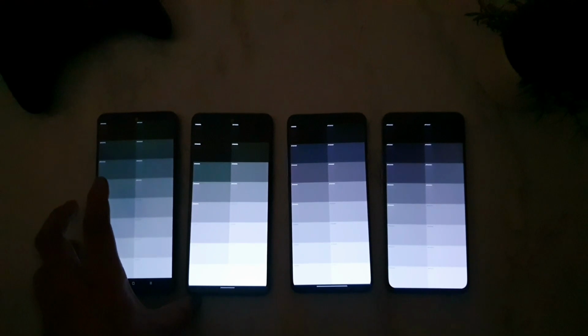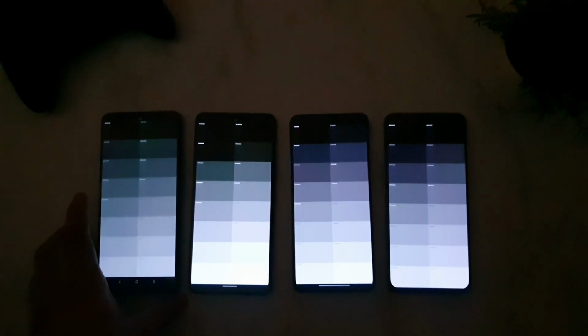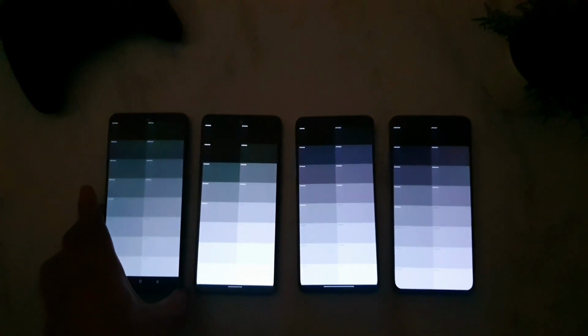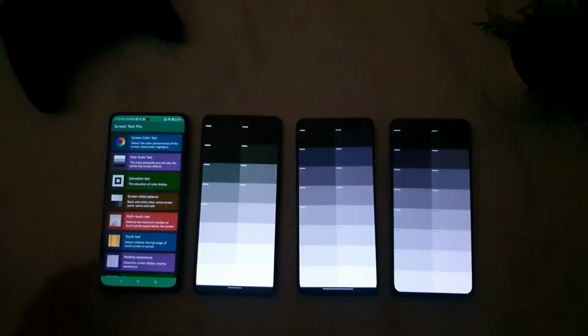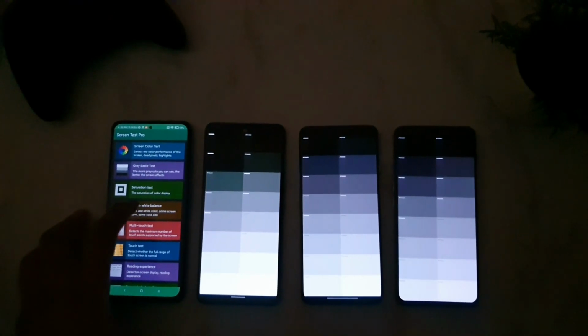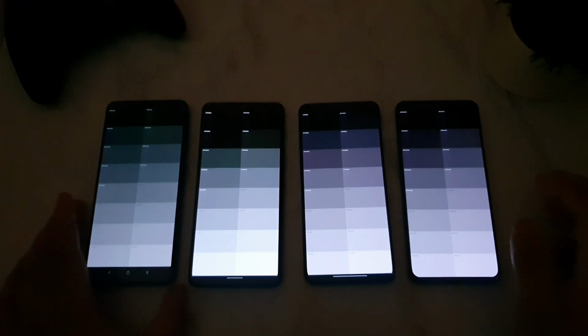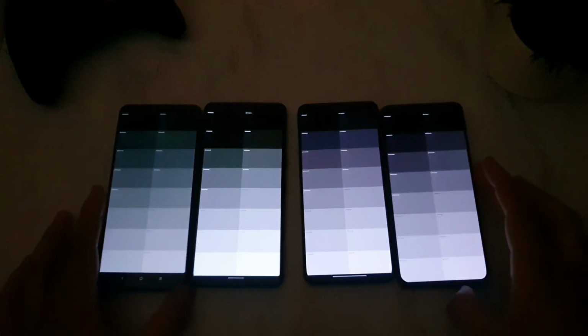And the application I am trying to use is the Screen Test Pro application, so you can download it for free from the Play Store and you can test it on your mobile phone as well. So always try to select, this is the option which you need to select, screen white balance. Only then you will be able to see this kind of options. So this is a quick comparison friends, out of all of these four smartphones.